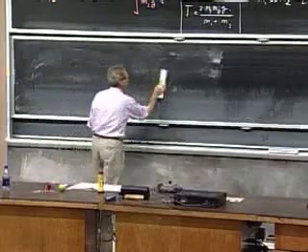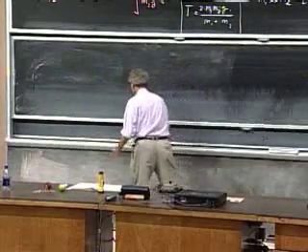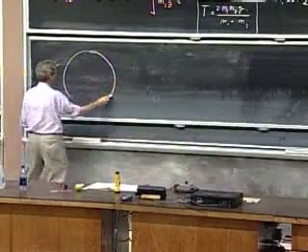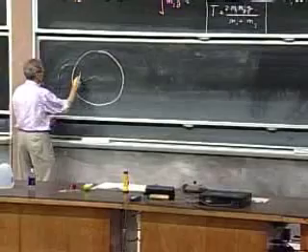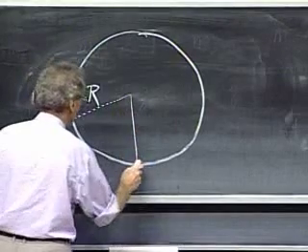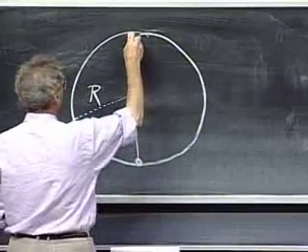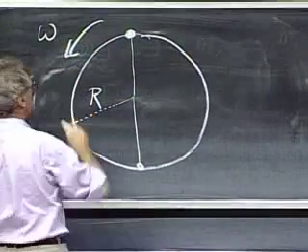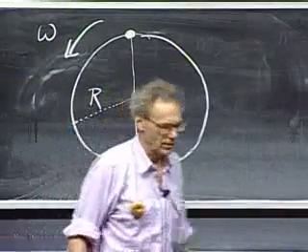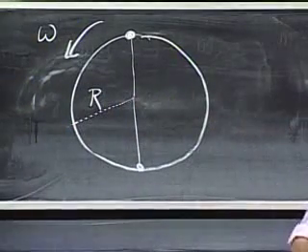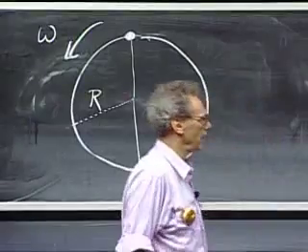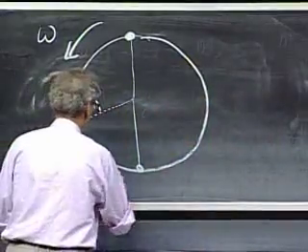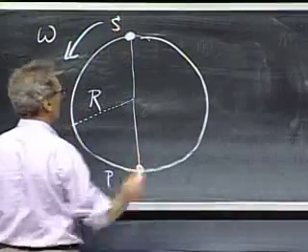You go around a circle which has radius r. Here is that circle. There's a string here. You're here. And there's a string here. And at some point in time you're there. And you're going around. Let's assume that you're going around with an angular velocity omega. And for simplicity we keep omega constant. But that's really not that important. Okay, this is point P, and this is point S.